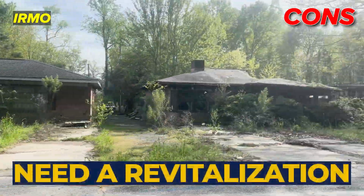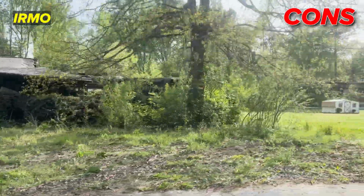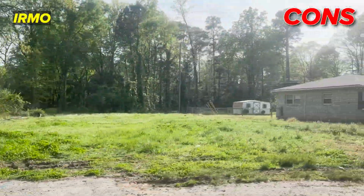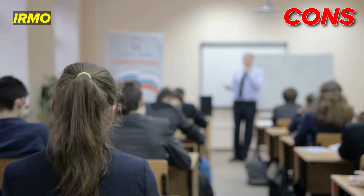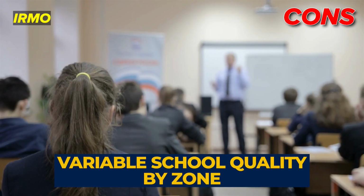Now, as far as the cons, because of when it was developed, some of these areas do feel dated or need a revitalization. As well, because of that, you have outdated infrastructure in many areas. And because there is a lack of room for growth, it means less revenue and money coming in to help fix these problems. As well, circling back to the cons, some of these schools vary by what school you're zoned